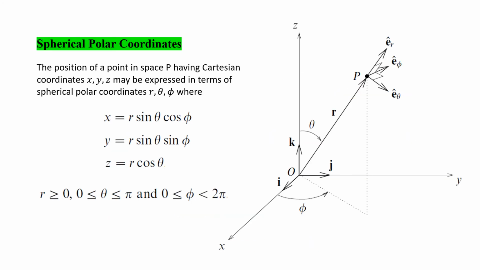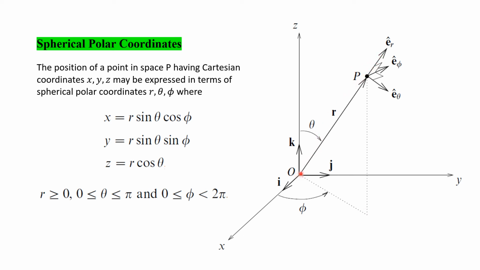Now let's talk about the spherical polar coordinates, and we still take the same point P in space, just like earlier. So the position of a point in space P having the Cartesian coordinates x, y, z may be expressed in terms of the spherical polar coordinates r, theta, and then phi. So here, this is the same point P. So it has components x, y, z in the Cartesian coordinates, and in spherical polar coordinates, you have your r,